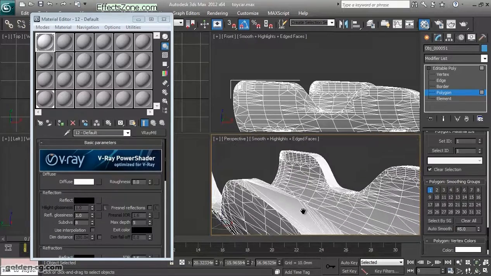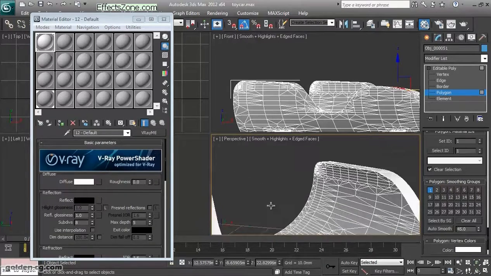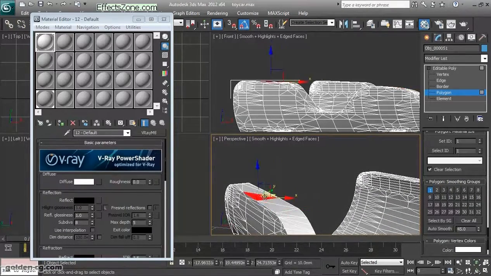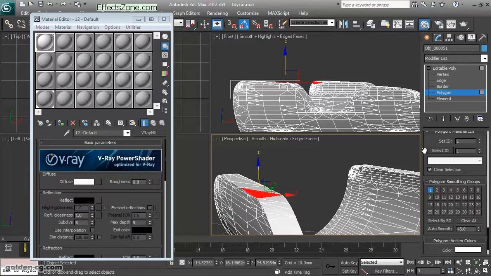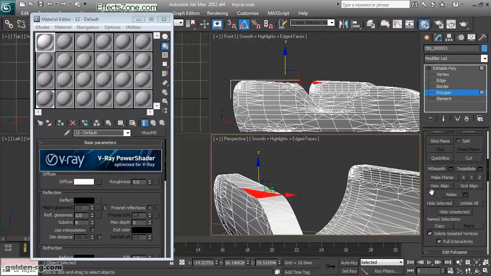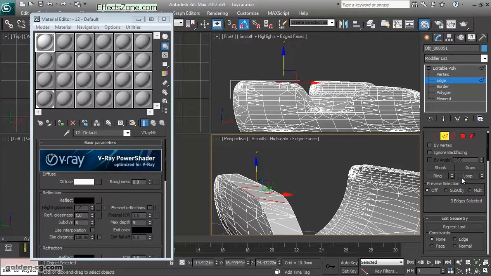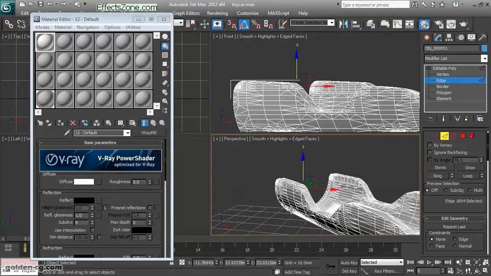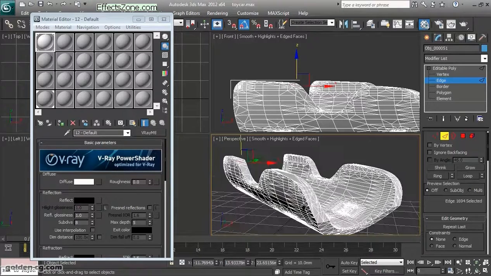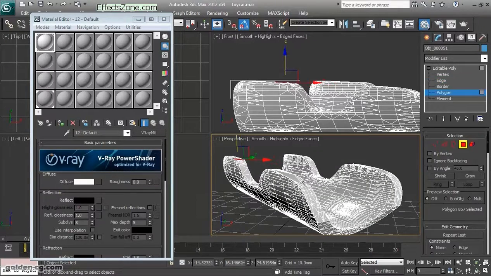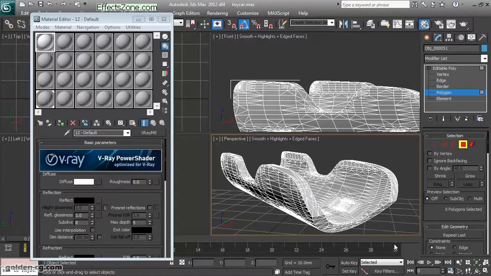But the problem is that our faces are triangular, so we cannot, for example, use the edges and a loop or ring. It doesn't work here, and it is really difficult to select them because of the shape, and we cannot also select them one by one. So in this case